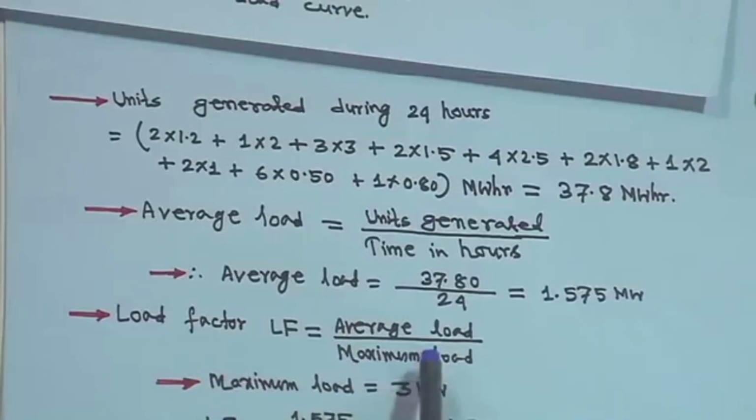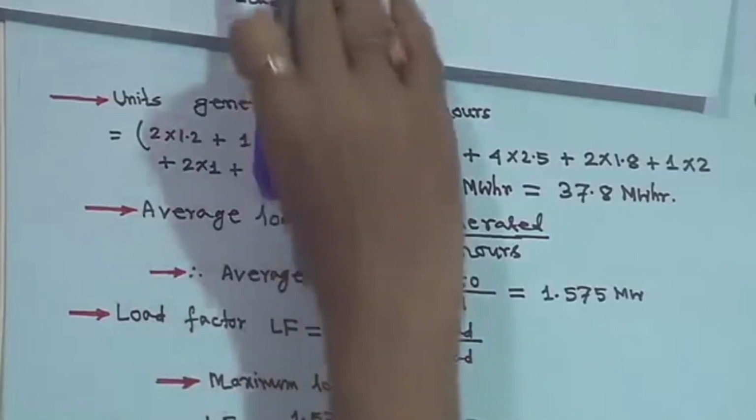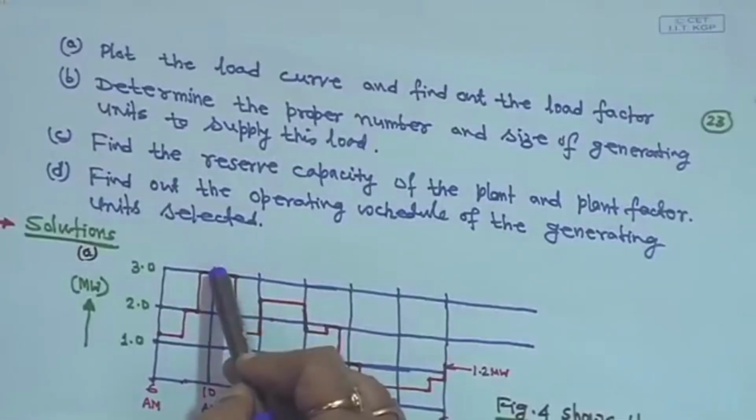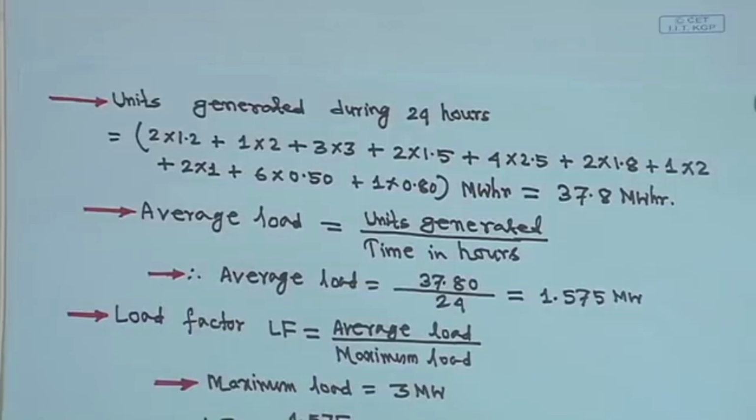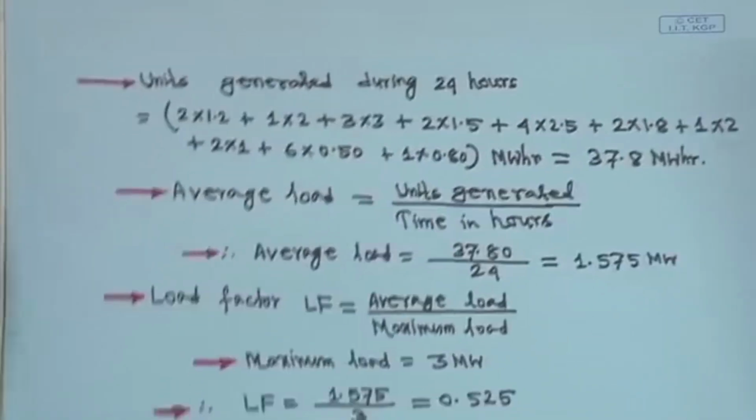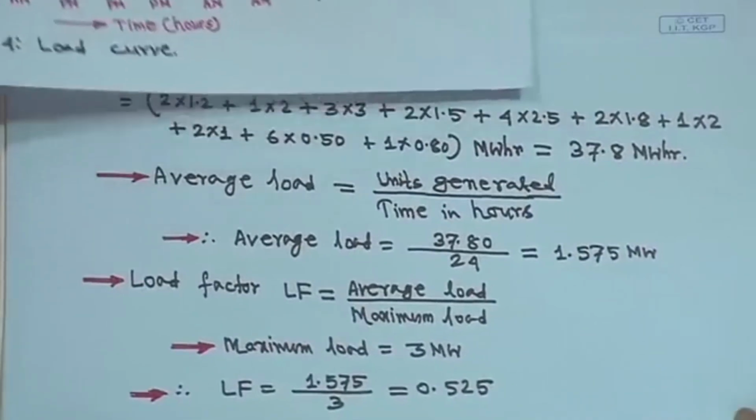And load factor, LF, is equal to average load by maximum load. So, maximum load is 3 megawatt. So, load factor is equal to 1.575 upon 3, that is equal to 0.525. So, this is the load factor. Now, next is